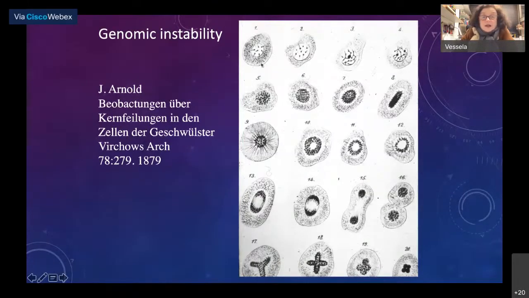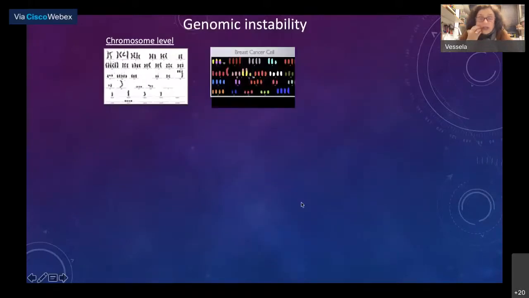So this is a cartoon which was actually drawn by hand by someone who was trying to describe, in Virchow Archives in 1879, abnormalities of a cancer cell, or different types of abnormalities of division of cancer cells. And you can see that all these abnormal divisions, either division of the nuclei but not of the cell, or defects of the mitotic spindle, can lead to different chromosomal instability, genomic instability. And this can be studied by this method called